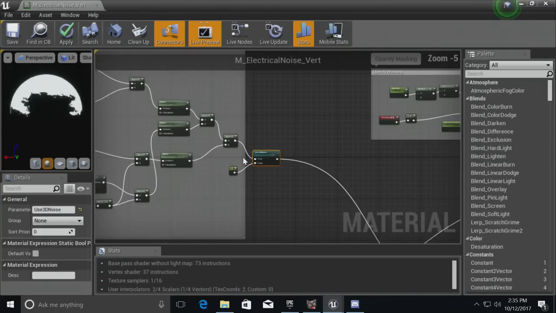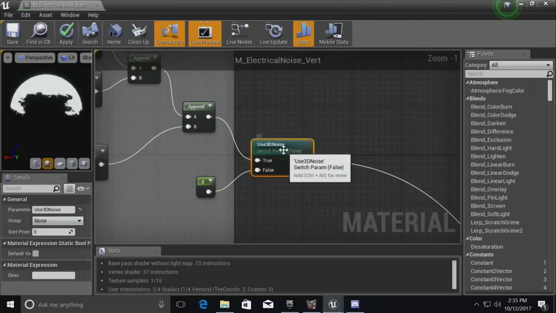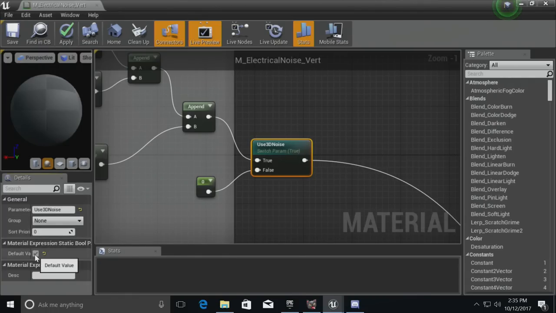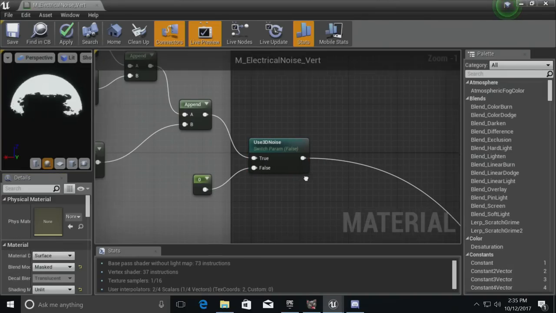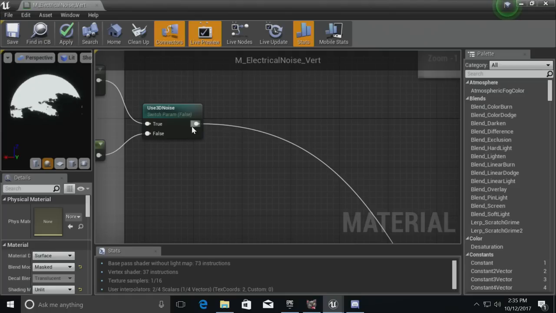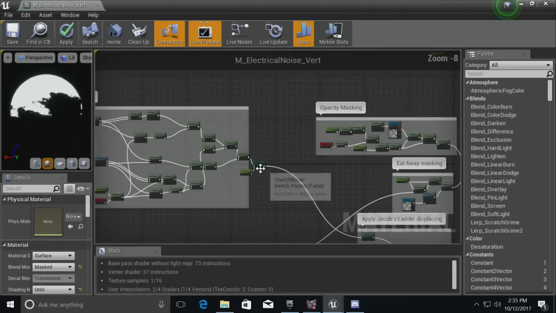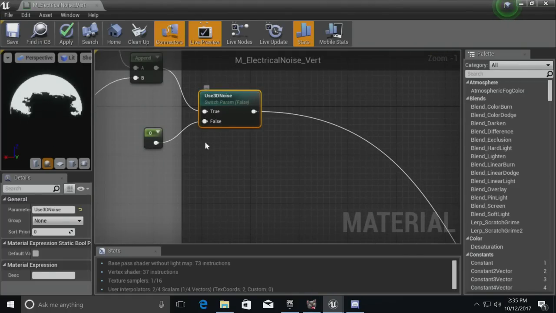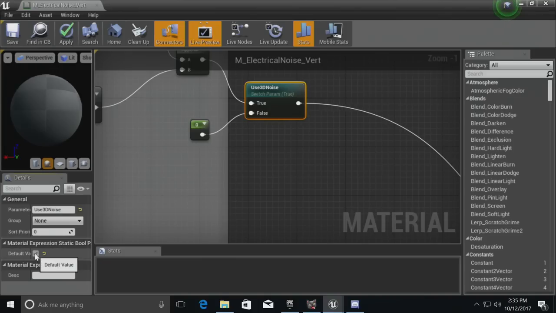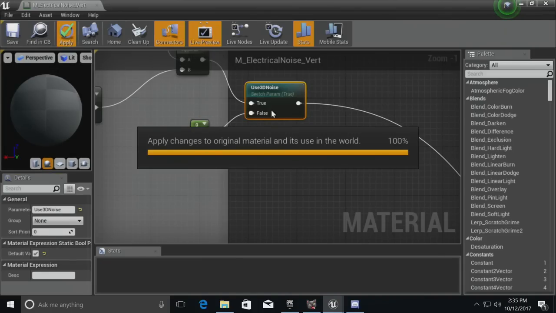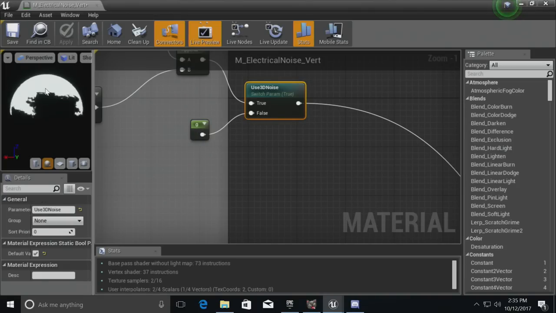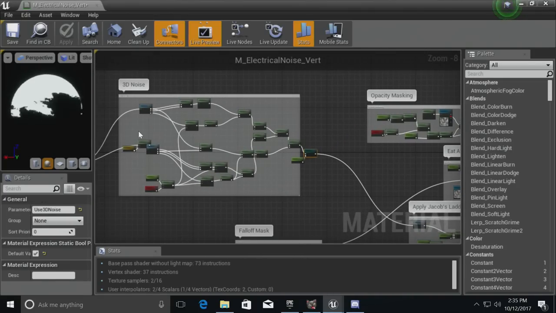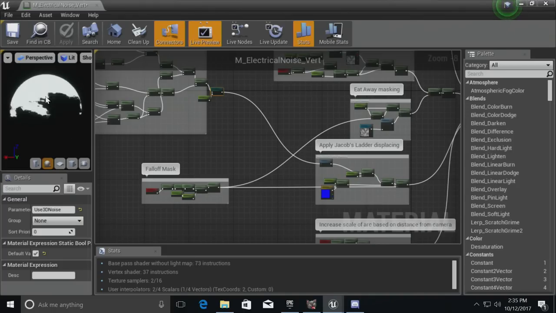If this value is true, either by default, it compiles the HLSL code differently. If it's set to true, it will use the 3D noise on the final output. If it's set to false, which you can't really see because all of this is being dialed down to 0 inside of the material editor,